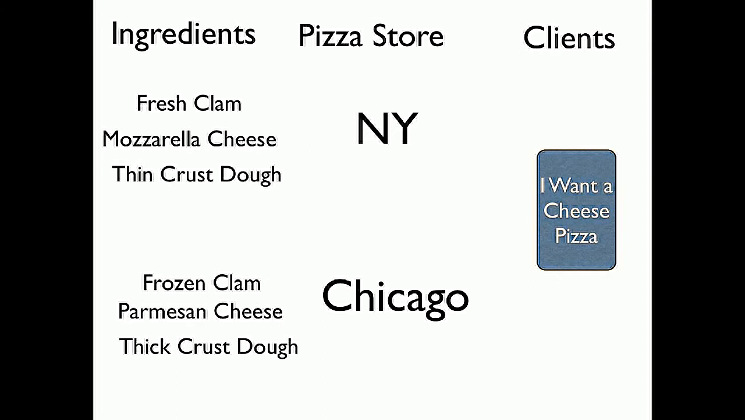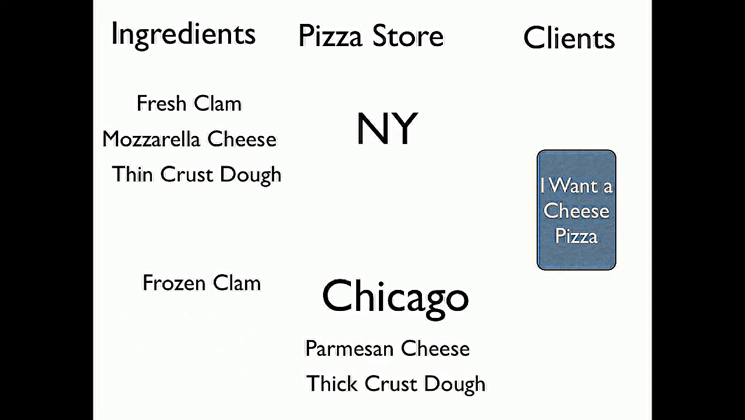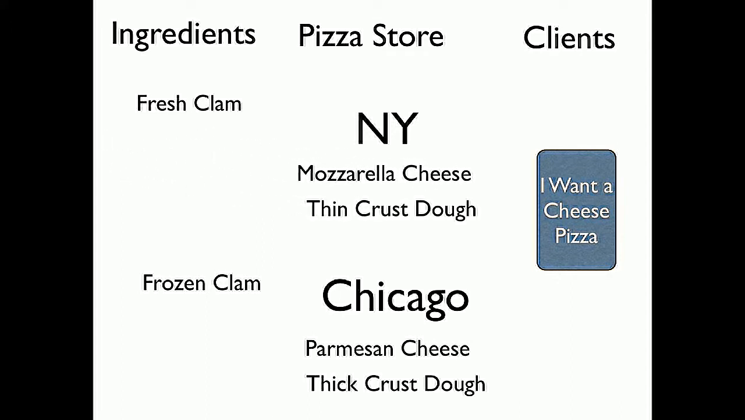Assume that we have clients who order cheese or clam or veggie pizzas, and they can use any of a number of different pizza stores. Here we have two. And a cheese pizza from New York looks different than a cheese pizza from Chicago, because the specific type of cheese and dough and other ingredients differs depending on the style used by New York and Chicago. So if I want a cheese pizza from New York, or if I want one from Chicago, I'll receive one with Parmesan cheese and thick crust dough, whereas from New York I'll receive one with mozzarella cheese and thin